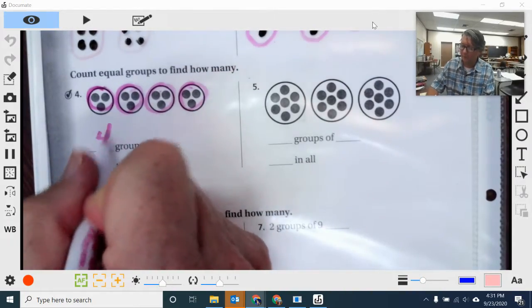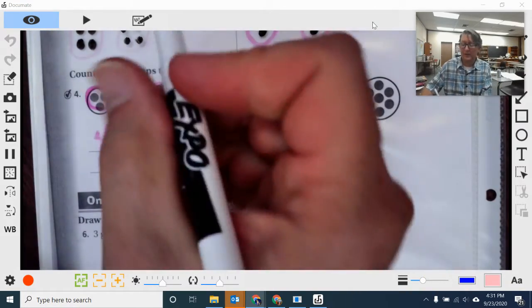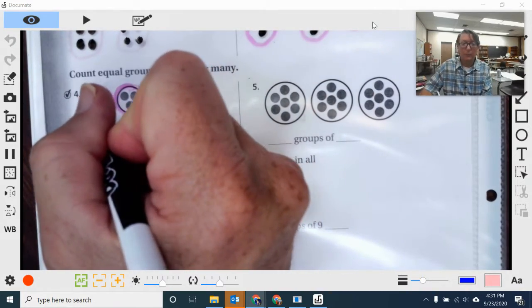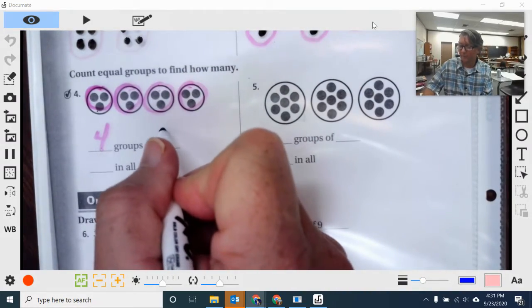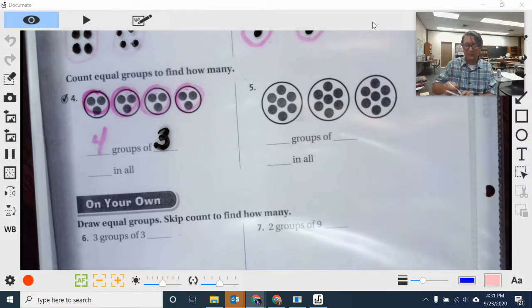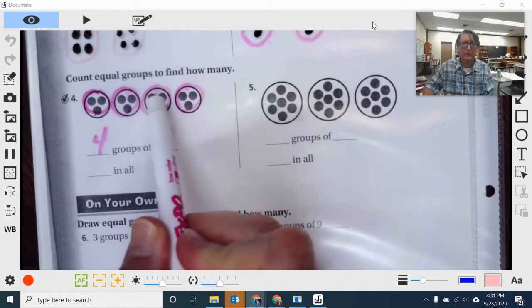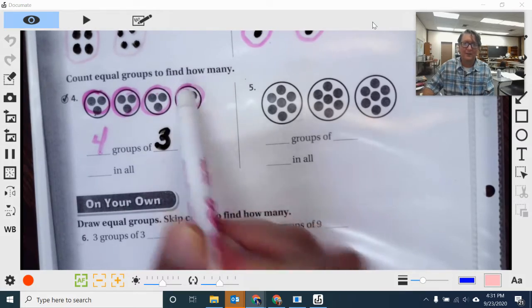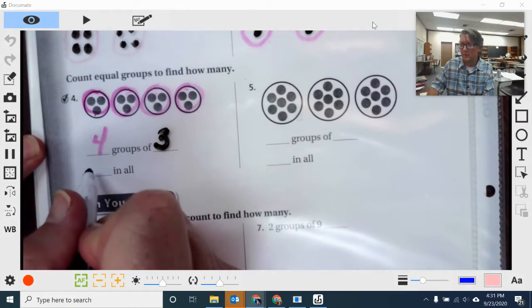So 4 groups of, and then it's how many dots are inside each group. So 1, 2, 3, and there's 3 in each. So 4 groups of 3. And if we skip count by 3s, we'll have 3, 6, 9, and you probably guessed it, the last one is 12